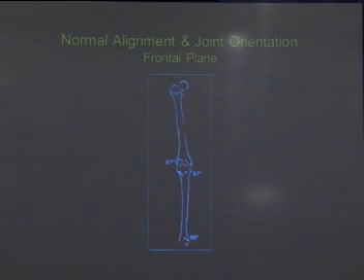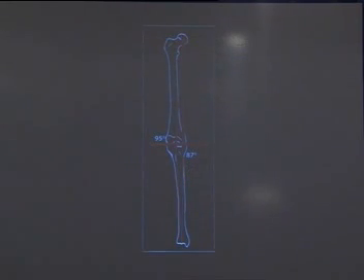In the same way, you draw the line from the center of the head to the center of the ankle, and it falls in the center of the knee. So this is perfect mechanical alignment, and this angle is 87 here, 90 here, 90 here. In this case, draw the malalignment test, which falls away from the center of the knee. Then you measure these angles, which are 87 and 90, which means there is no deformity in the tibia.